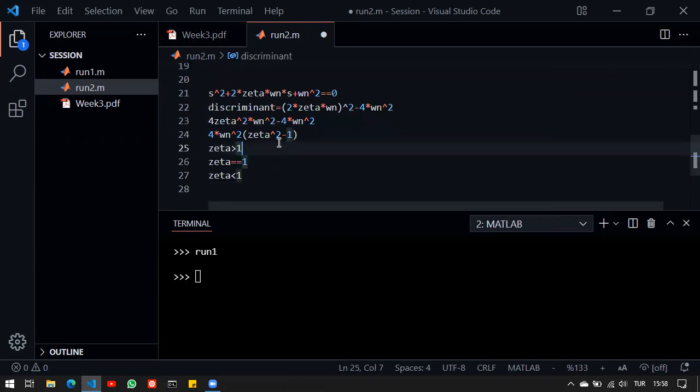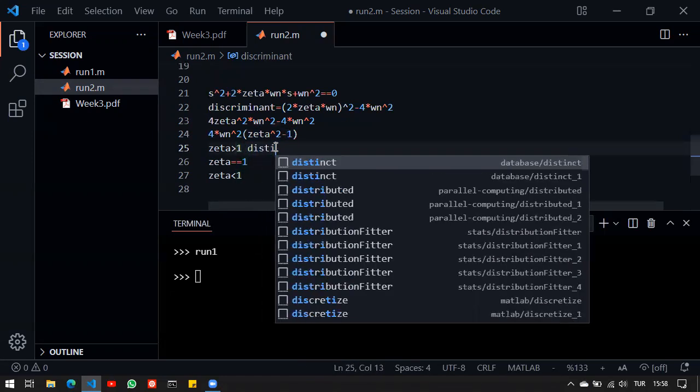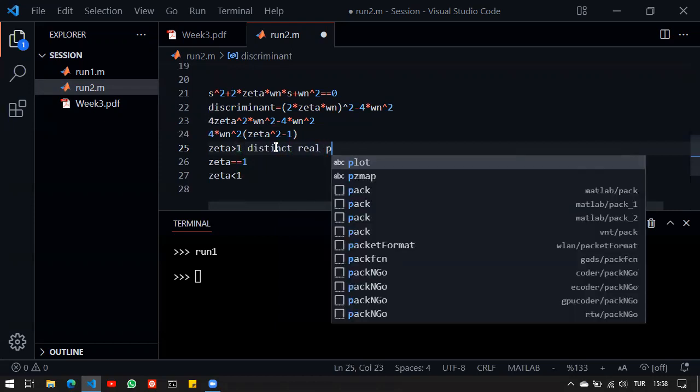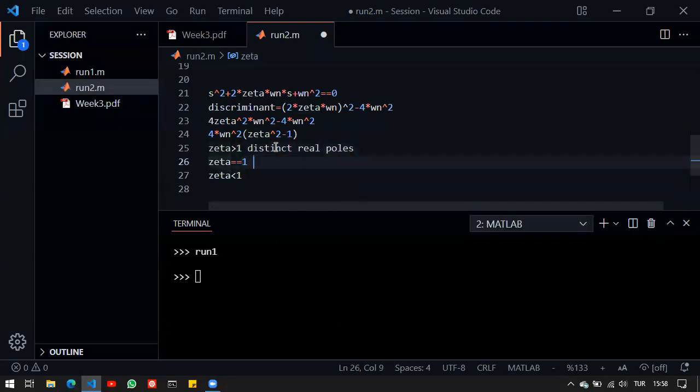So if zeta is greater than 1, then this portion of the discriminant becomes positive, which means that we will have distinct, real poles. In this case, it's not distinct. We have real poles that coincide, that are on top of each other. And then we have zeta less than 1, which gives us basically a negative value here. And if we use the square root of the discriminant here,